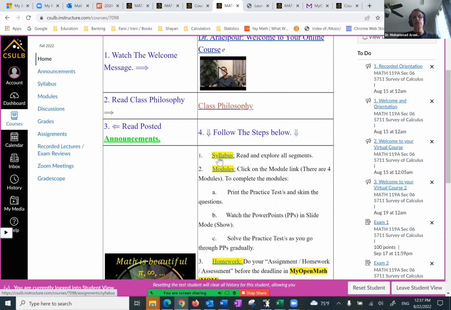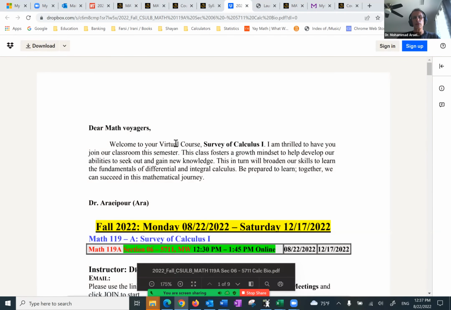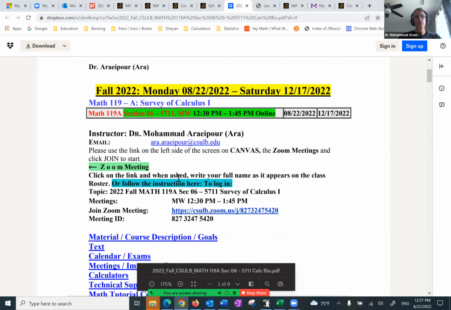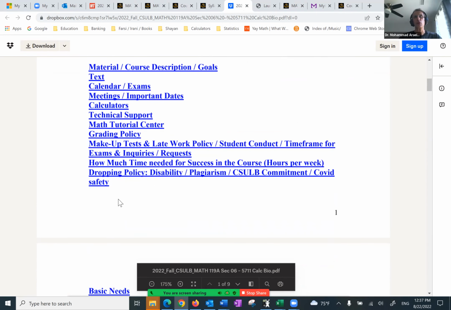All right. So first, let's start with the syllabus. And again, you can click on this, or on the left side, click on the syllabus. Either one is fine. But if you click on this one, make sure the link works properly. As you can see, the syllabi are getting longer and longer. What I have done is put them in this format where you can find different topics, and therefore you can get to the topic of interest. In case you don't want to read the whole thing, I want to spend a couple of minutes going over the whole syllabus just to be on the safe side.